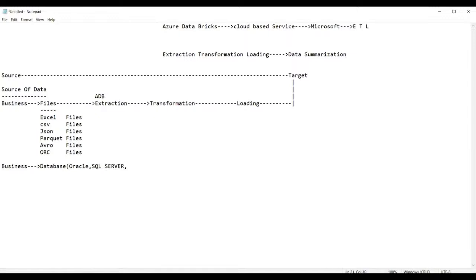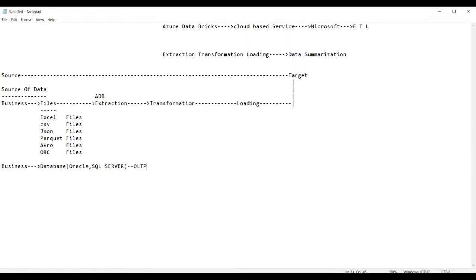Okay, it can be any type of database you have. Whereas this kind of database, can you see here? When you receive the data, we can say that we have received the data from the OLTP system. What do you mean by OLTP? OLTP stands for online transaction process. That is called the OLTP system.